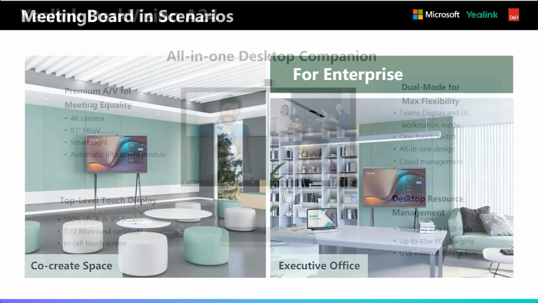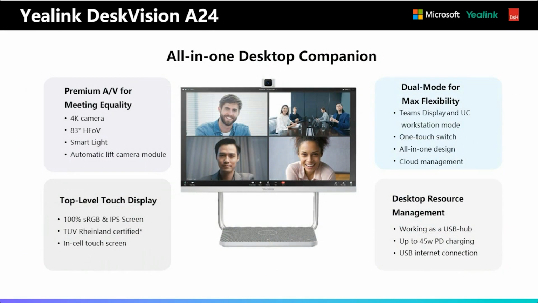Yeah, so that is the all-in-one meeting board, very easy to sell and easy to deploy. Then there is one feature that Microsoft just released, which is the shared place. All-in-one is mostly for hot desking, for phone rooms, and for the executive room. With a camera, a touch screen, a soundbar, and a charging station, with one device you can have plenty of different functionality to use in the meeting room.